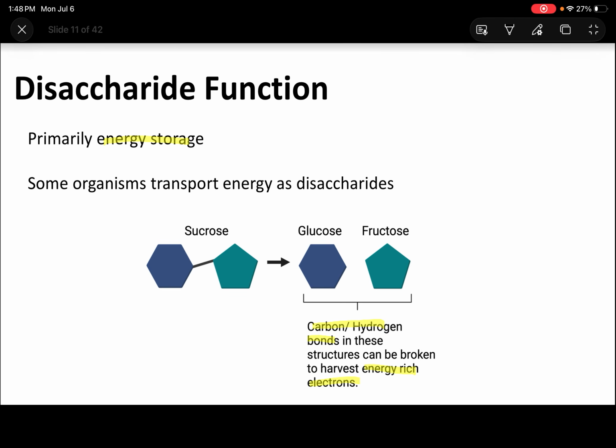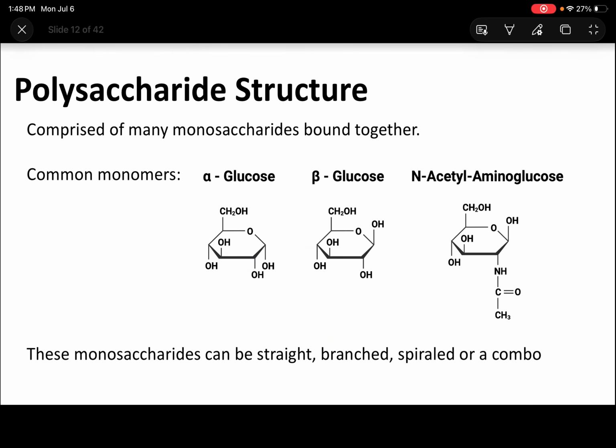So we have the monomer of monosaccharide, now we have disaccharide. Finally, the last polymer of carbohydrates are what we call polysaccharides. And these are going to be many, many monosaccharides all bound together. And some of the common monomers that we see in polysaccharides include alpha glucose, beta glucose, and